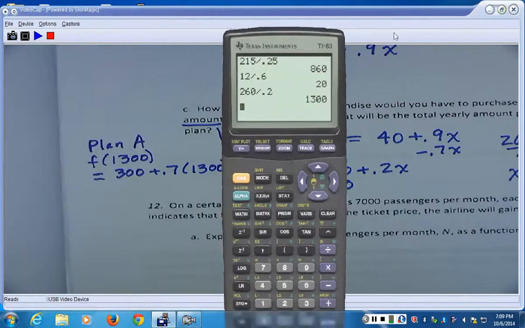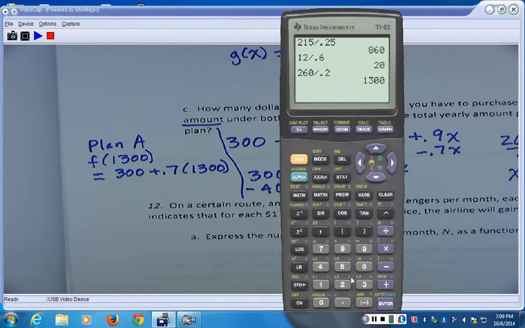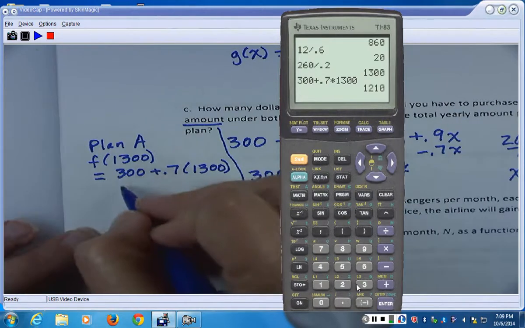Let's move the calculator out of the way. Do it over here. 300 plus 0.7 times 1,300. And we're paying $1,210